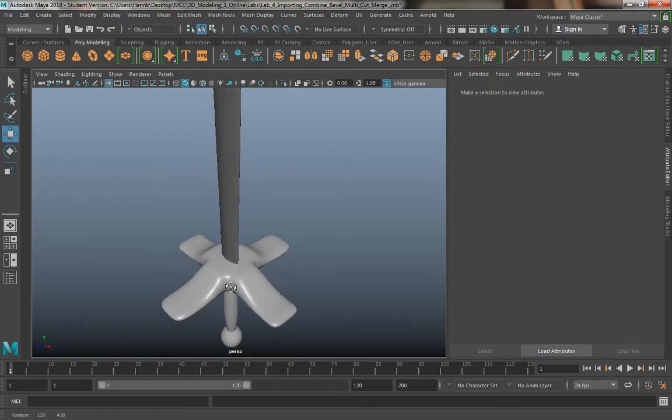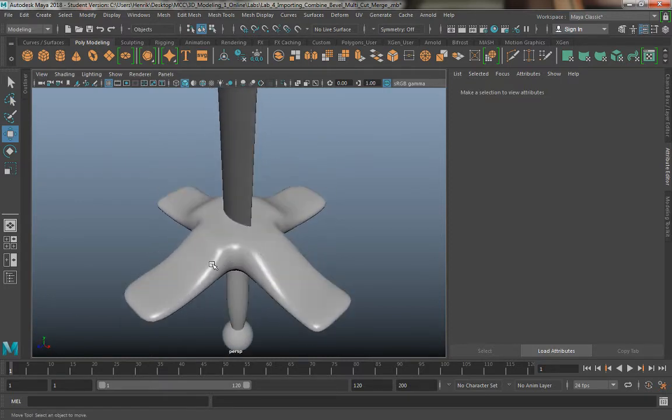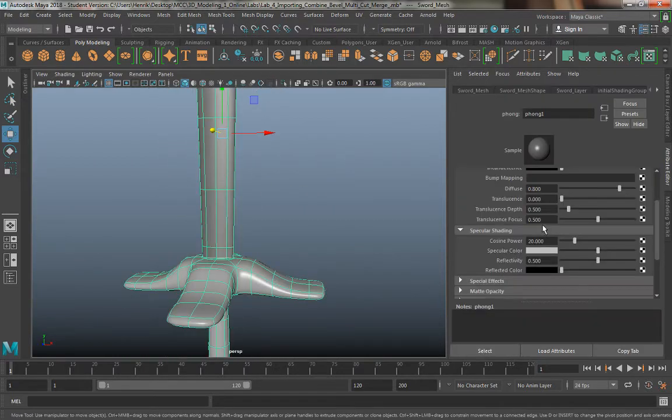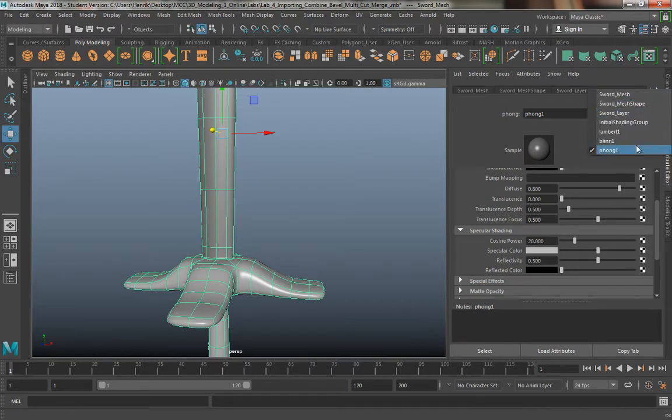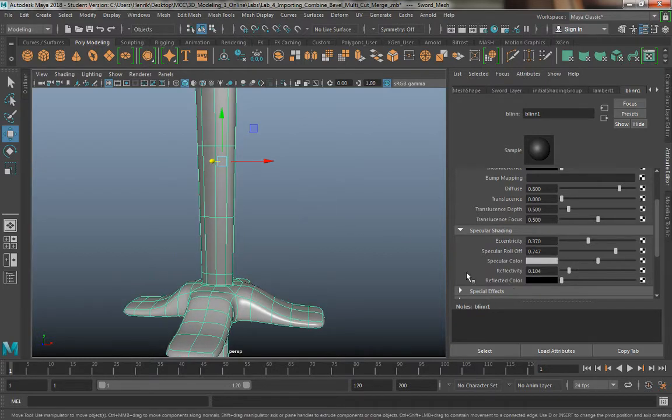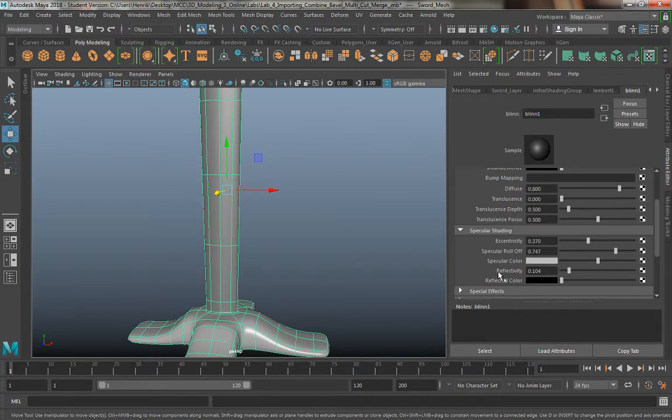So you'll see this has more of, I want to call it, a plastic look to it, but you can obviously change it by going to your Phong. So blend has these eccentricity, specular roll-off, and reflectivity. We're going to bring that down to 0.104. I'm going to keep a little bit on, but when we get into rendering, reflectivity uses a lot of